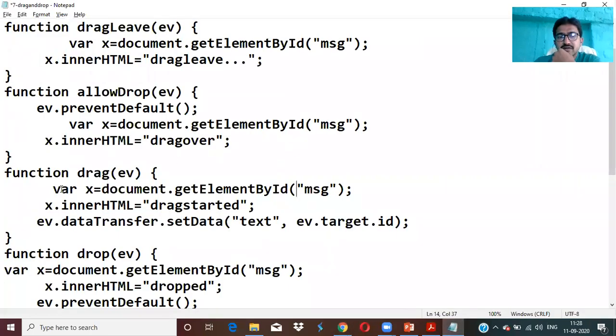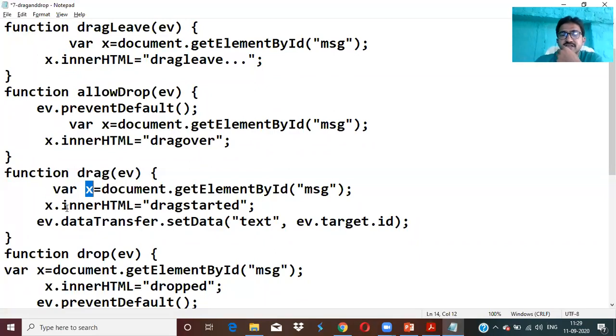See the code. Var x equal to document.getElementById, getElementById is msg. It is getting that and storing it, meaning it is reading the position where I need to display in x. It is reading msg. Now what will be in x? Initially x is accessing msg, so initially it will be the message only in the x variable.